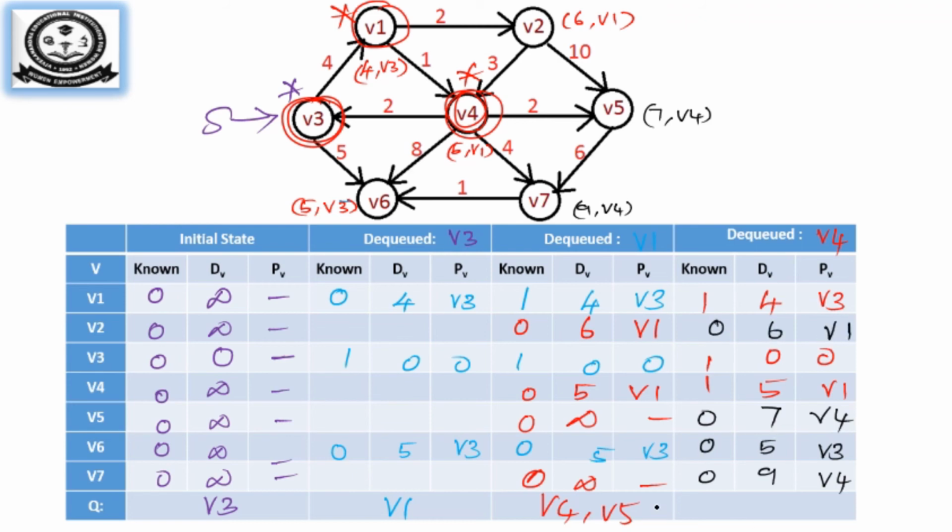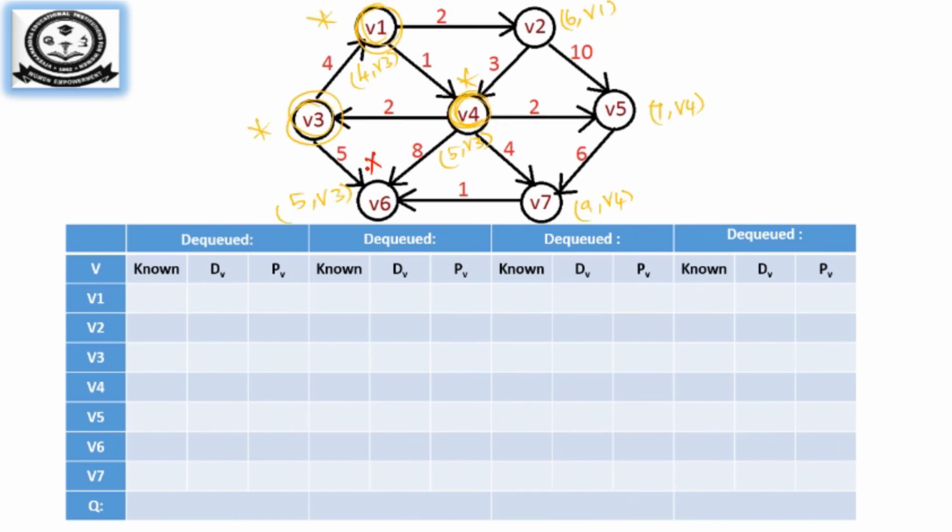Now among these vertices, V5 is already there in the list, even though V4 is the remote. So the next vertex we are about to remove is V6. Sorry, I wrongly said V5 without saying the number. So it is going to be V6, and I'll be marking V6 as a known vertex.